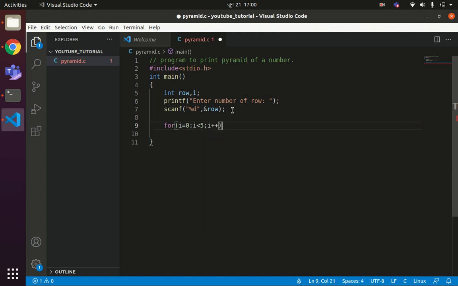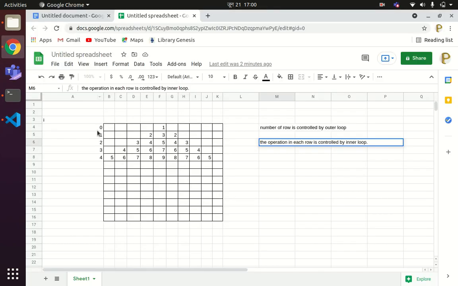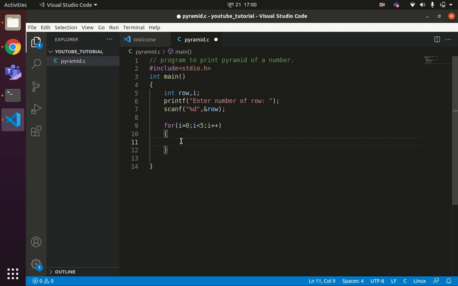Obviously this loop will be executed 5 times, so the content within this loop will be executed 5 times. We need 5 rows.